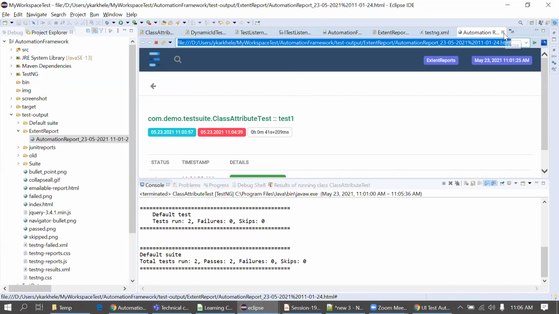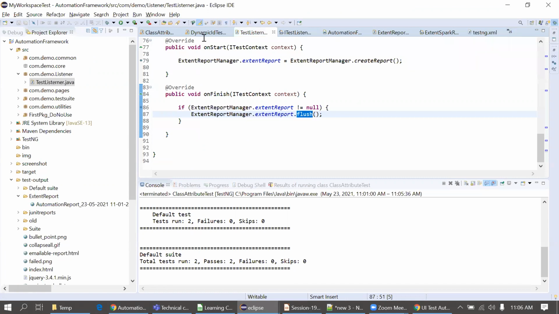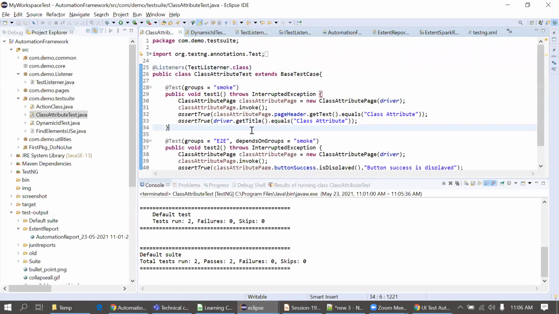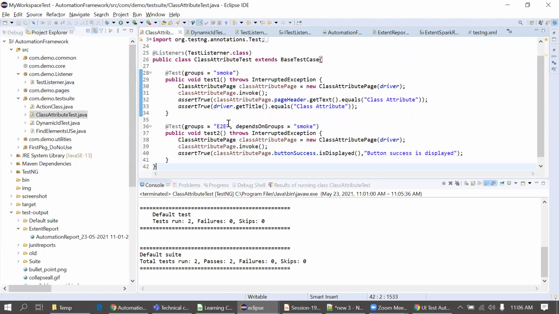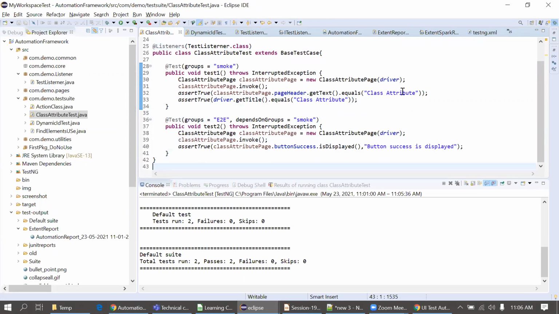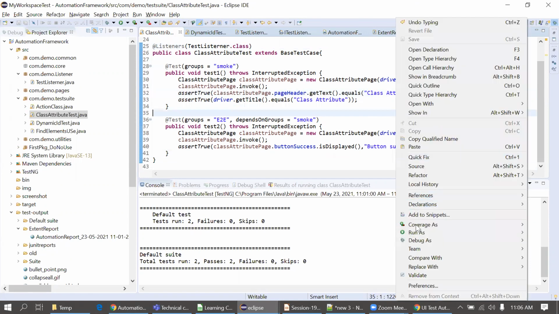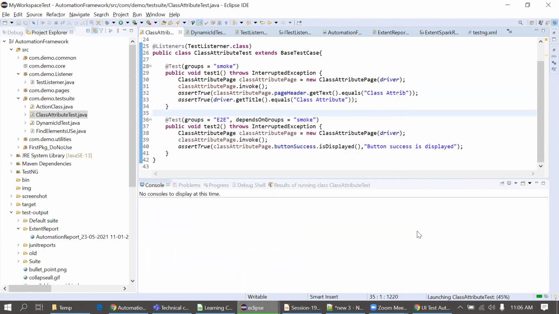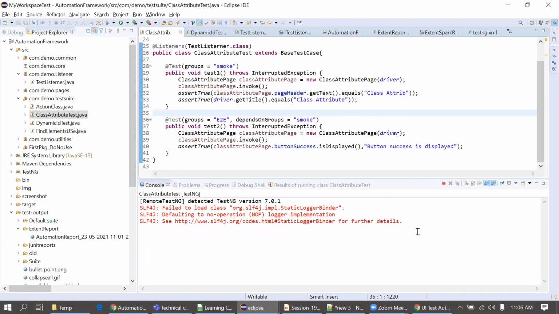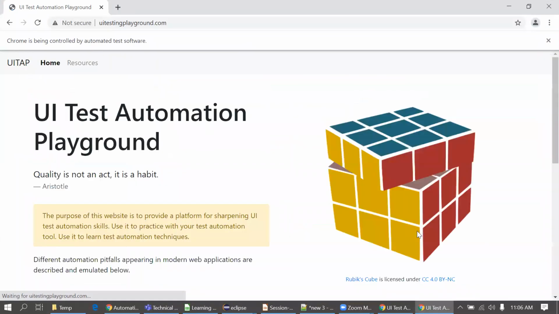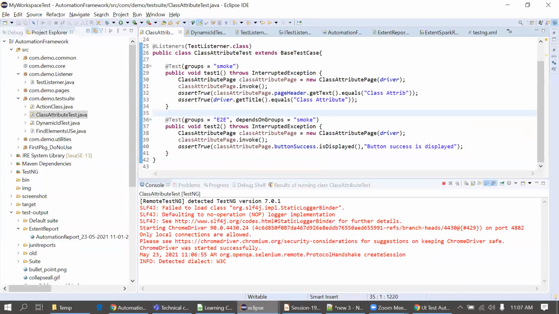So now I'll go for the failure scenario. I will make one test case fail. What will I do? I will simply change this expected result. I am deleting a few characters from line number 32. Executing this code. I think I have executed this in debug run mode. I just stop it.